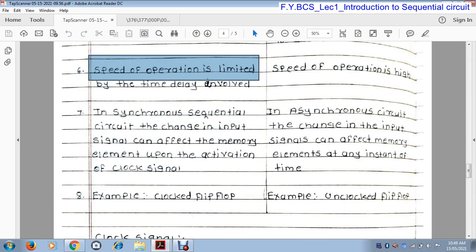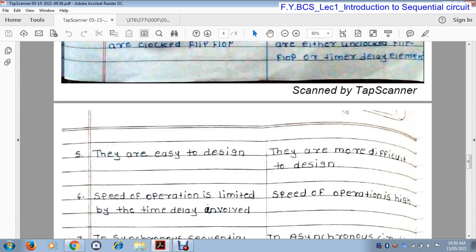In a synchronous sequential circuit, a change in the input signal can affect the memory element upon the activation of the clock signal. That means whenever input combinations change, it affects the memory element.